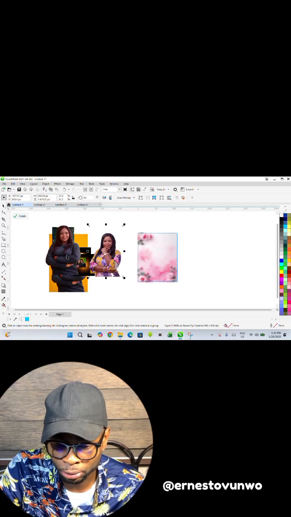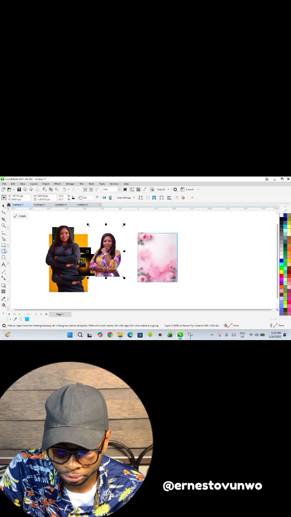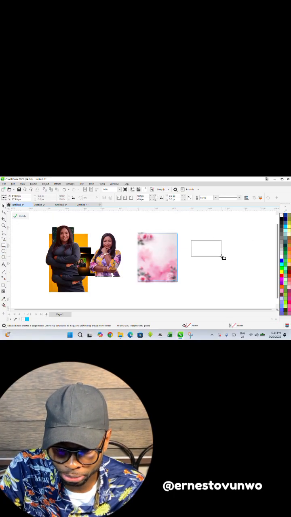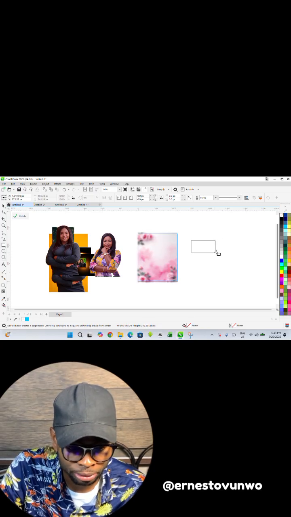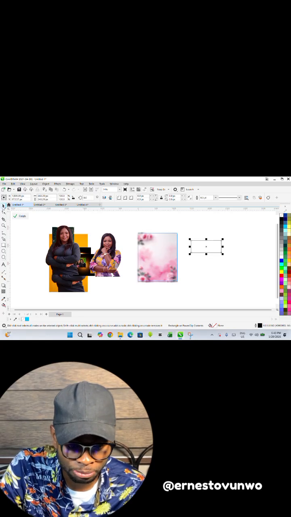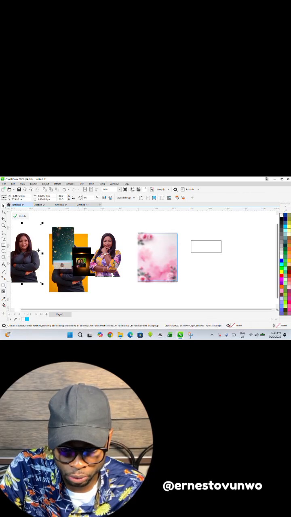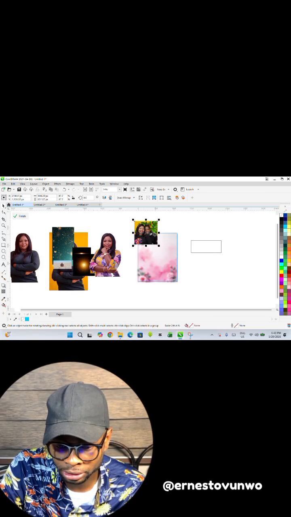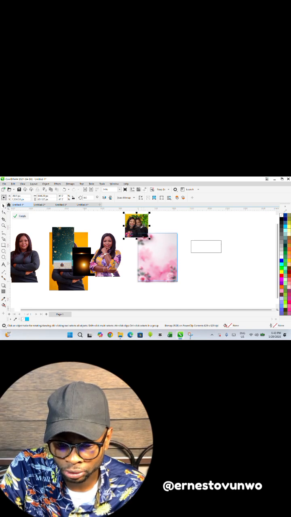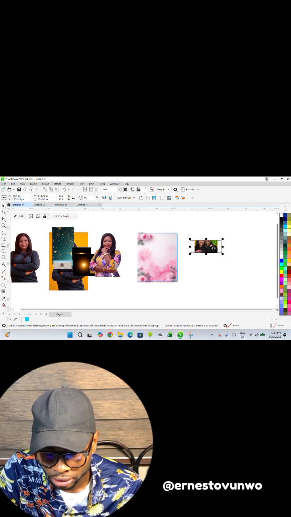So I'm going to draw a shape. Then I'm going to Power Clip all these pictures, starting from this one. I'll Power Clip it inside here and go inside to adjust this. So stretch it,